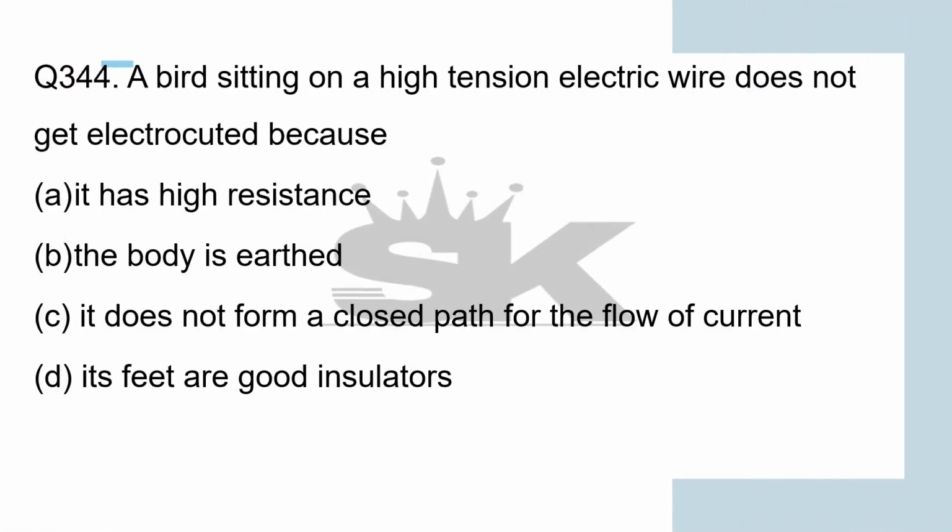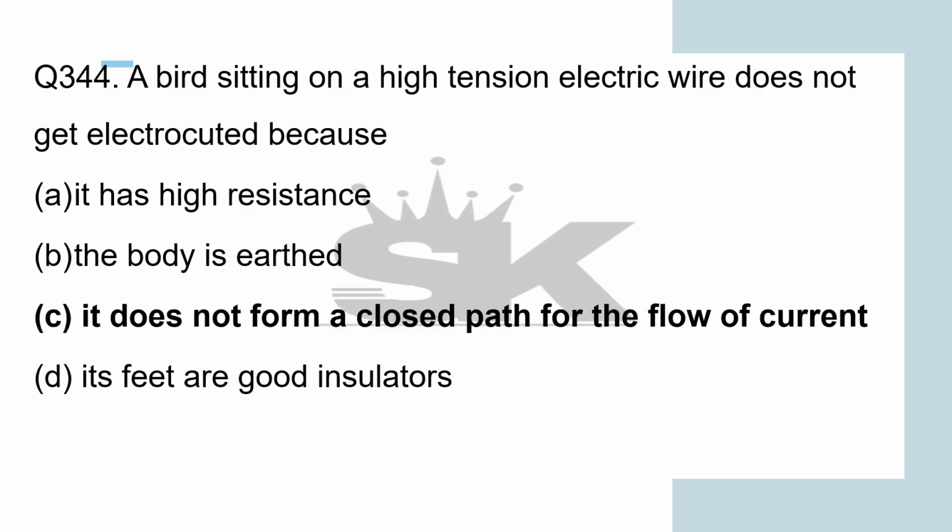A bird sitting on a high tension electric wire does not get electrocuted because the circuit is not completed. If it touches the ground or another wire, charge transfers and it is electrocuted. Okay, so it does not form a closed path for the flow of current. Okay,